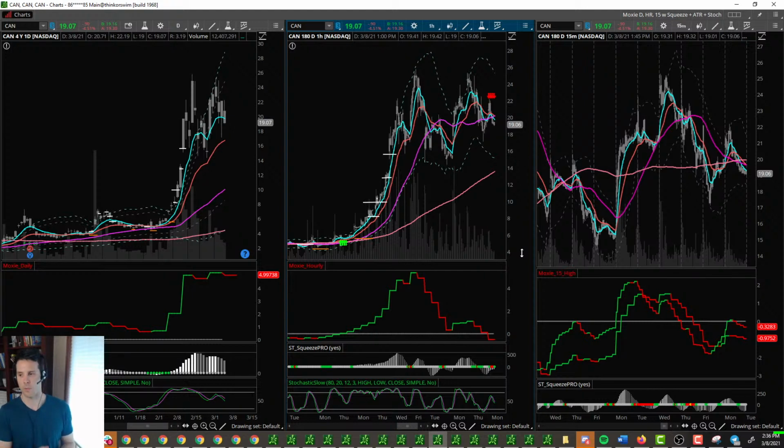Right now, since the market has pulled back so much, we're just starting to see things setting up. We're starting to see some of the first moves setting up on a 15-minute time frame. As I always tell people, if you're going to take a trade based on a 15-minute time frame and the hourly is not ready, then you need to understand the context of that trade is based on a 15-minute time frame, and don't expect this thing to go forever. You need to expect that this is probably just going to be a 15-minute time frame trade, and you have to keep looking at the other stuff.